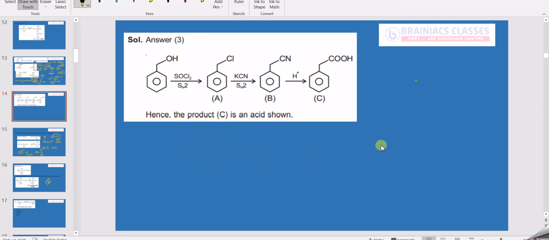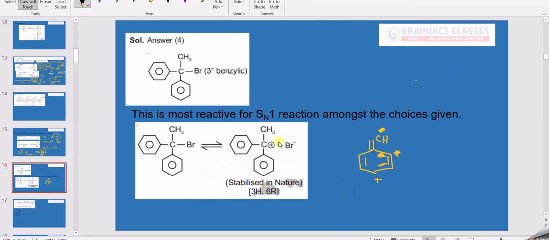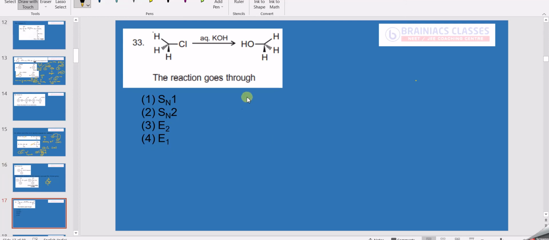Now in the option we have selected, option 4, you have two benzene rings. So plus charge can delocalize over here. Also it can delocalize over here. In addition to that, CH3 has plus I effect. So it will donate electrons to here. As a result, this plus charge magnitude will decrease. That means it will become stable. Okay. Now go through this question and tell me what is the answer.